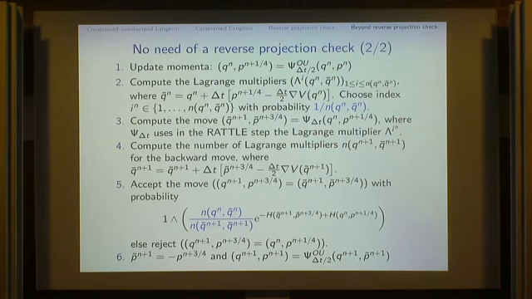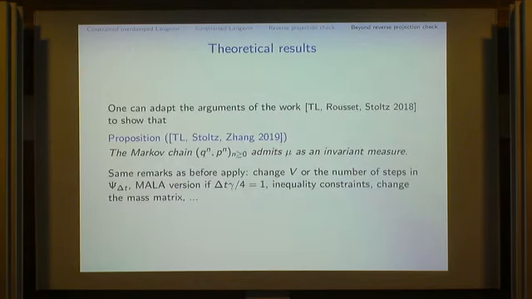Okay, and in this case, I never reject, if you want, because I'm sure that among the Lagrange multipliers to go backward, there is one which is doing the job, which is indeed bringing me back to my initial condition. So I'm avoiding one reason to reject my move, which is good. Again, you can adapt the argument I presented before to show that mu is an invariant measure of these